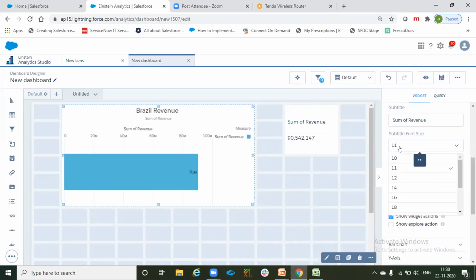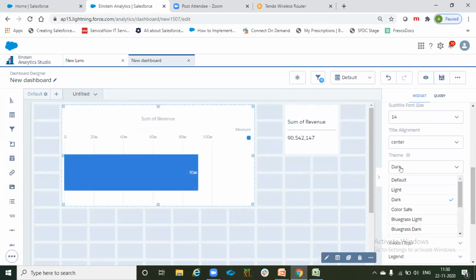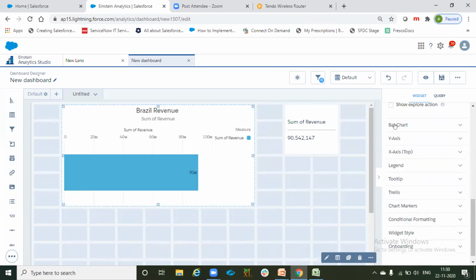Then we do have size for this one also. We do have alignment: left, center, right. Default theme, dark theme. It changed the bar color. Light theme, it changed the bar color. Default. We do have many others. You can explore it.